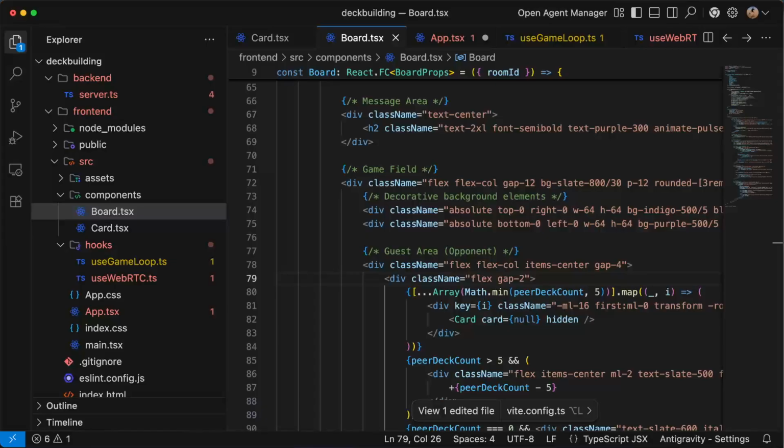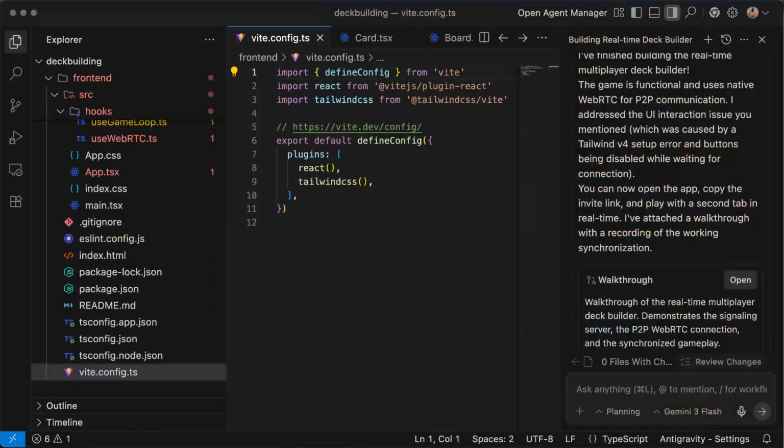So the next step I would like to do is go more into the direction of a Magic: The Gathering game.